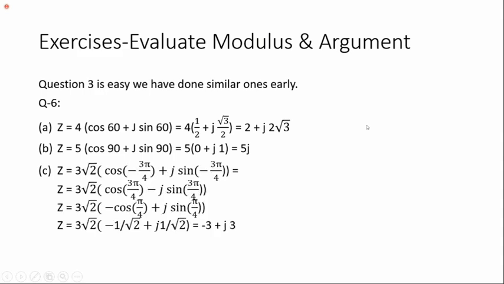The question is, you want to convert the complex number to Cartesian form. Here cos minus theta is cos theta, sin minus theta is minus sin theta. Then cos 3 pi by 4 is minus cos pi by 4. The other one is minus sin pi by 4. Then this becomes plus. Finally, the answer you get is cos pi by 4, 1 upon square root of 2, 3 minus 3 plus j3 minus 3 plus j3.